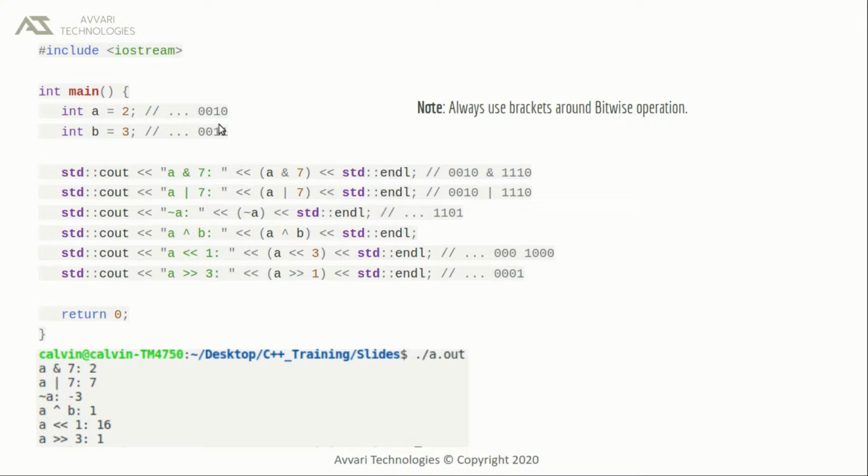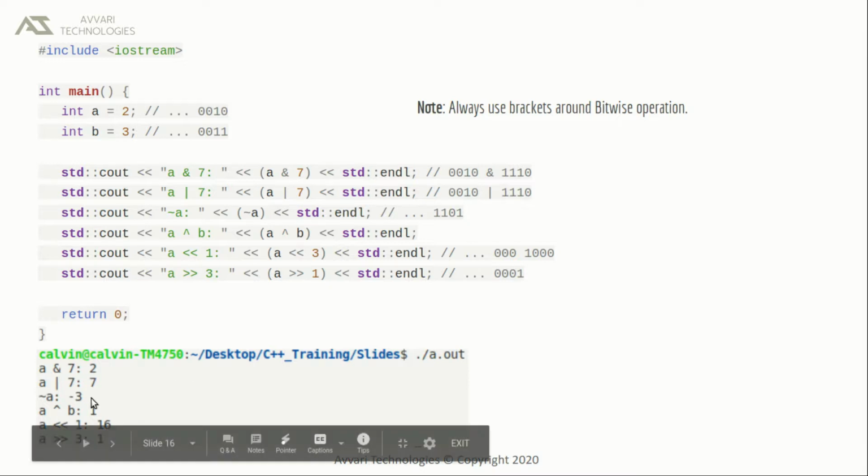In this case it is 32 bits. So if we invert the value of A, 1 becomes 0 and 0 becomes 1. In this case all bits will be 1 except the second one. And since the MSB, the most significant bit of this number, becomes 1, the value will be a negative number. Here we can see we got -3.